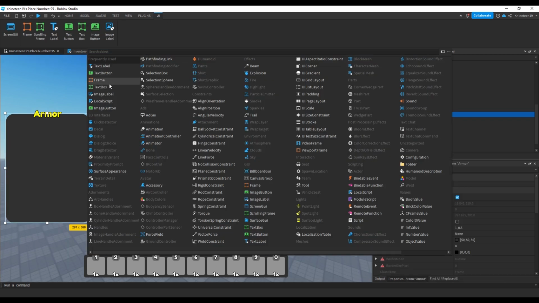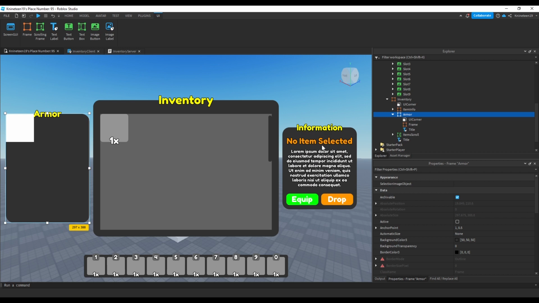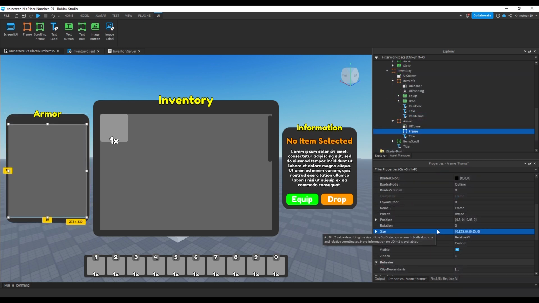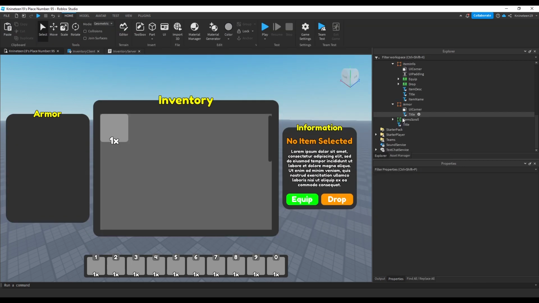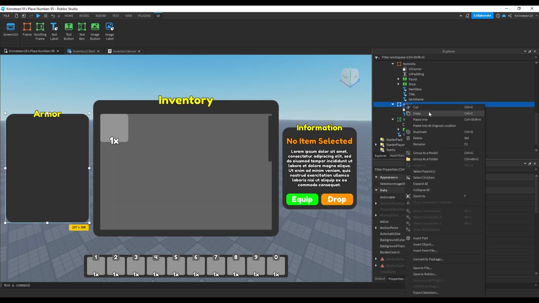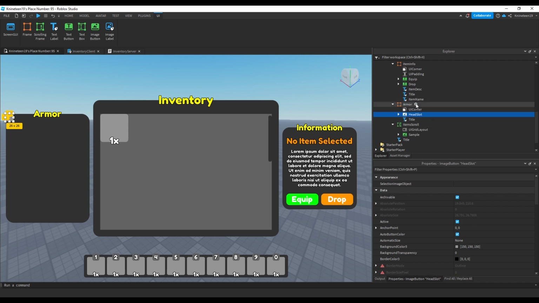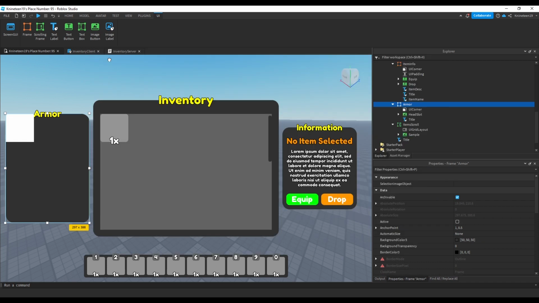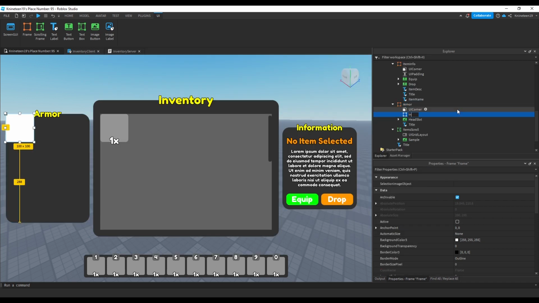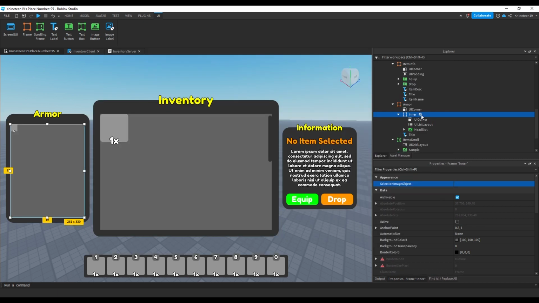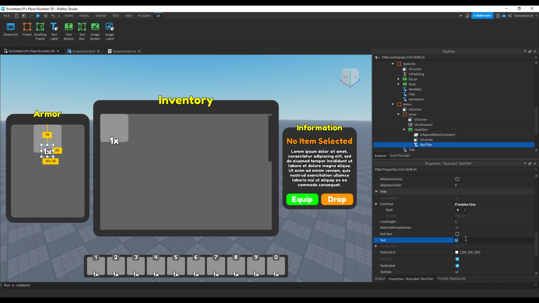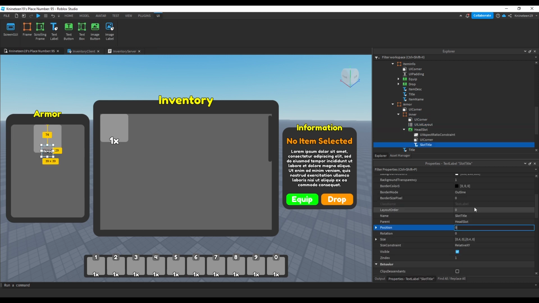Now we'll head back over to the Armor GUI from earlier and add an inner frame with a brighter color for aesthetic appeal. Then we'll remove all of that because we're indecisive and can't decide what we like, add a clone of the sample frame from the inventory and name it head slot for head armor, and then finally add the inner frame back because we decided we actually do like it after all. We'll then move the head slot into that inner frame along with the UI list layout and scale it to fit the inner frame. Adjusting the head slot, we'll change the count text to head and move it up to the top to label the slot.